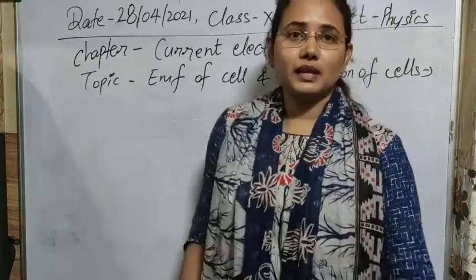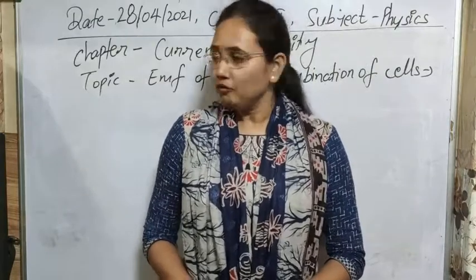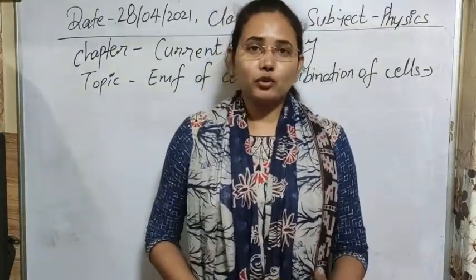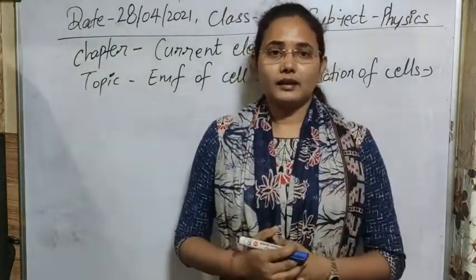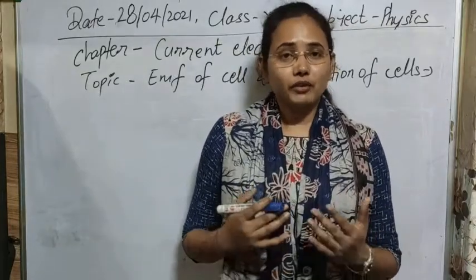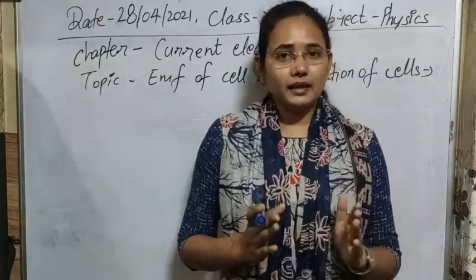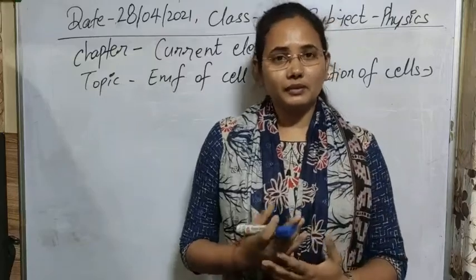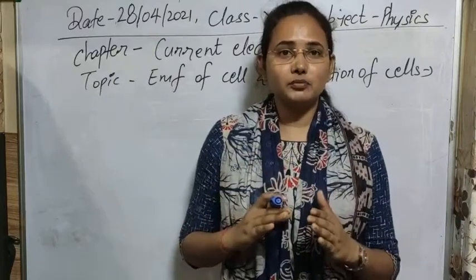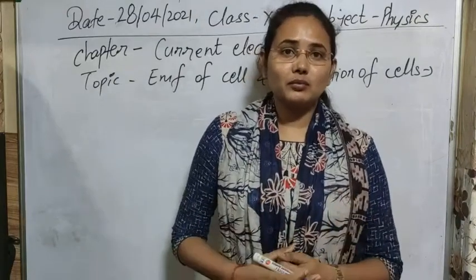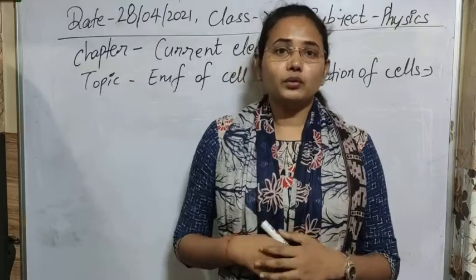In the formation of a cell, first, two or three things are very important that you have to understand. First is EMF. Its full name is electromotive force. As you know, to flow current in any device or cell, we need a source of energy. In the concept of drift velocity we already discussed that when no external field is present, all electrons in a conductor move in random directions, zigzag, and that is why the overall current due to them is zero.